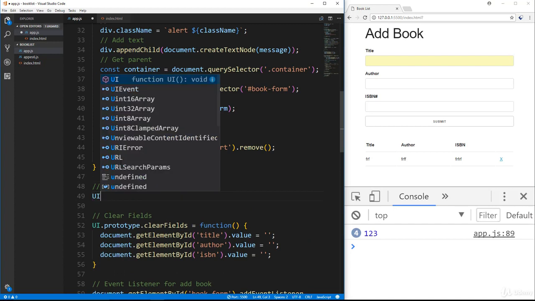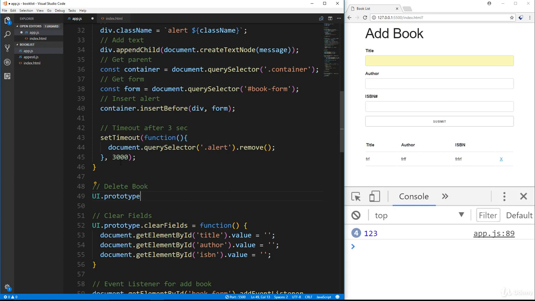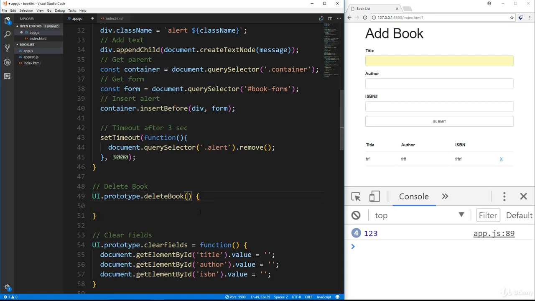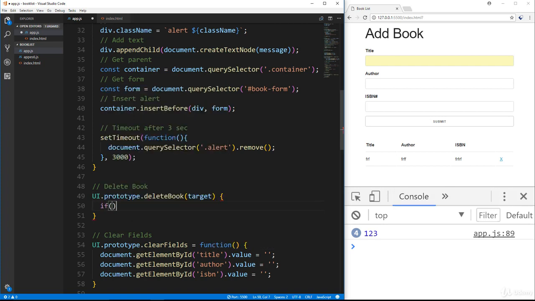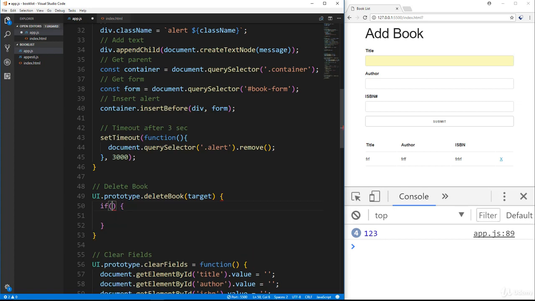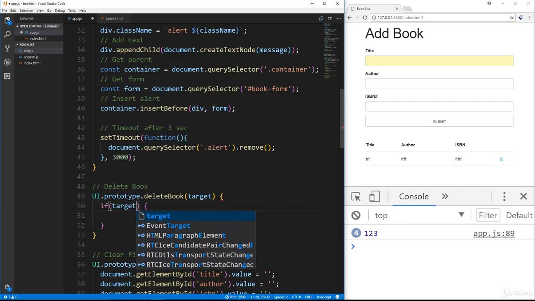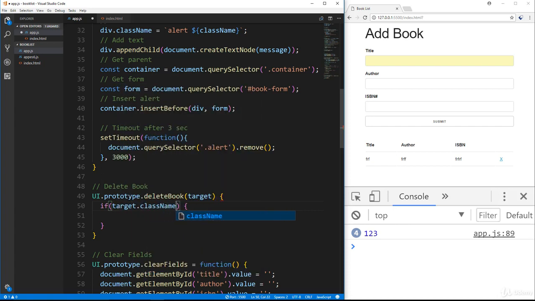So we'll say UI dot prototype dot delete book. Now this is going to get passed in the target. Okay, and then this is actually going to be a pretty simple method. We just want to say, one second, we just want to say if target dot class name is equal to delete,